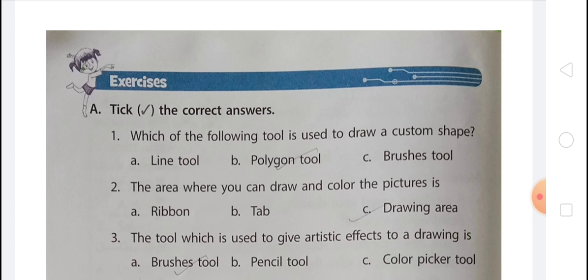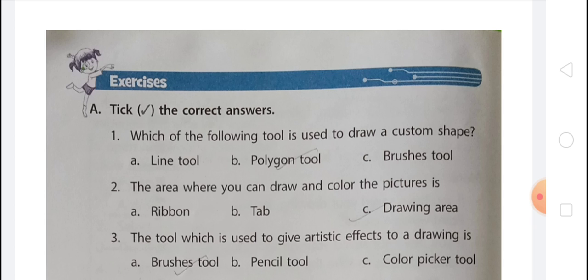Closing Paint. To close the Paint program, follow these steps. Click on the File tab. Select the Exit option from the drop down list. Note, if you have saved your drawing, then the Paint window closes. If you have not saved your drawing, then Paint asks you to save the file. Clicking on Save opens the Save as dialog box. Clicking on the Don't Save option closes the Paint program without saving the drawing.